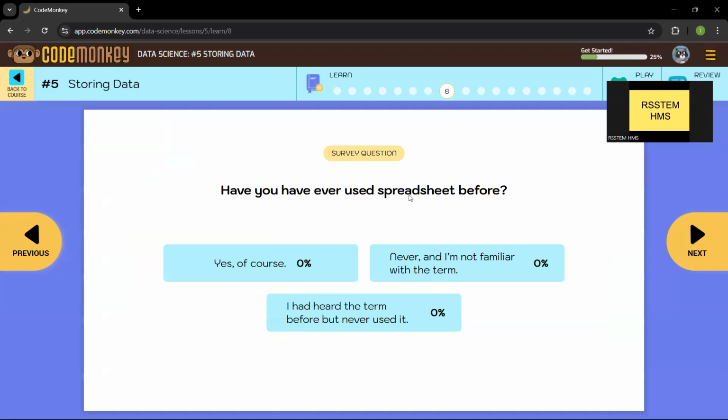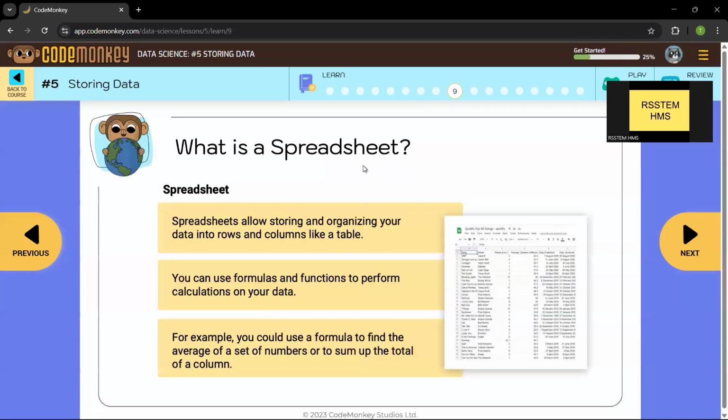So have you ever used spreadsheets before? Not sure. In the syllabus, I'm not very familiar, but it's in the higher classes, 9 to 10, that you will learn more topics, because this is a very commonly used application in the workplace. You will notice that they store data in spreadsheets because it is very easy and it also provides a lot of tools for you to work with.